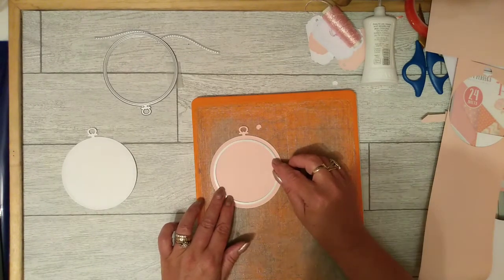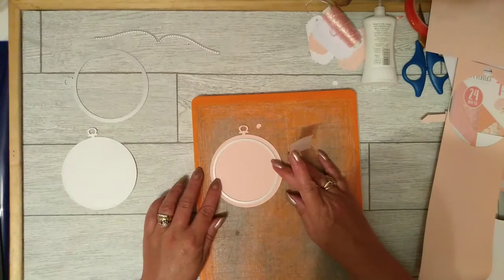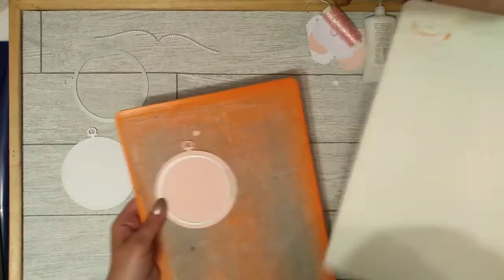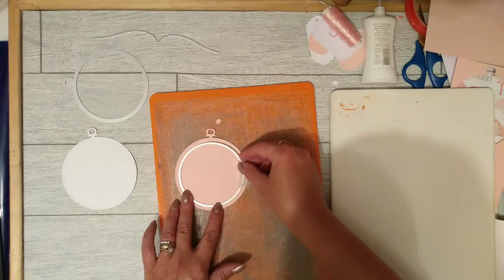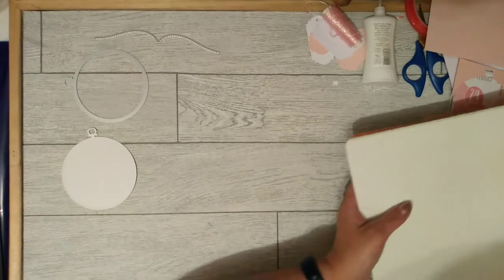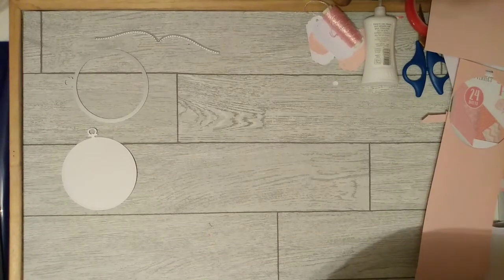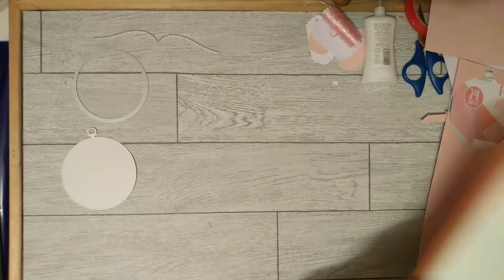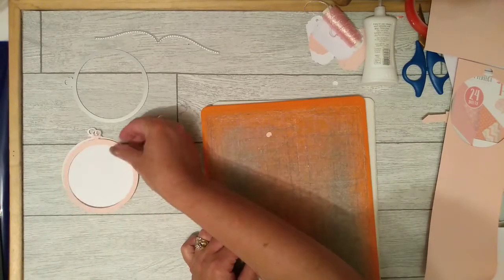whatever animals they are, little dinosaurs. So I'm just going to tape that down in the centre. Cut me a frame. That doesn't look quite in the centre. So I'm just going to run that through. So I've got that as my frame,